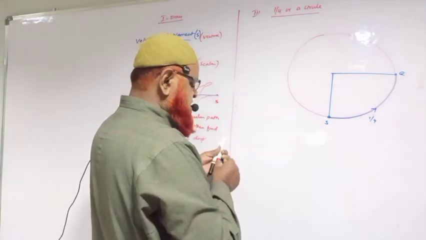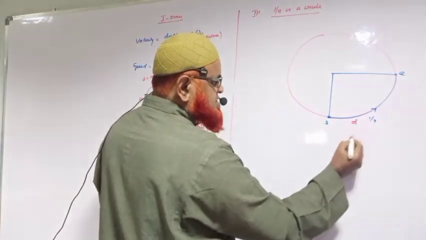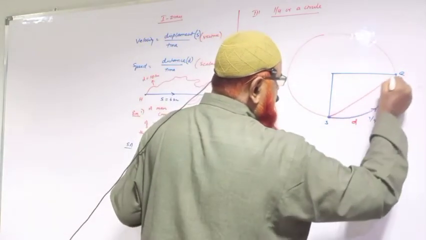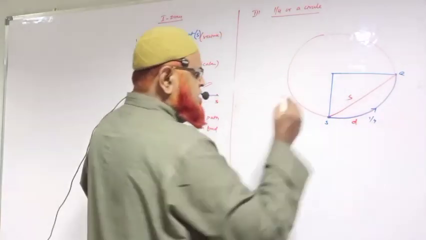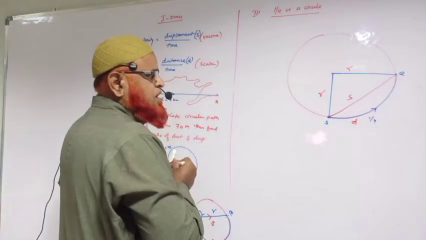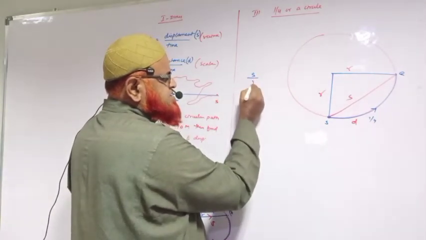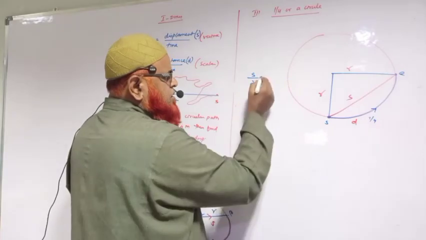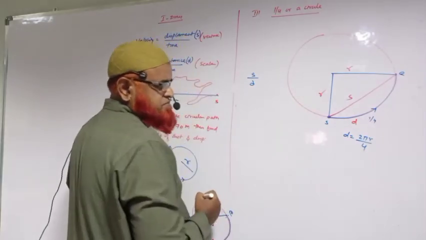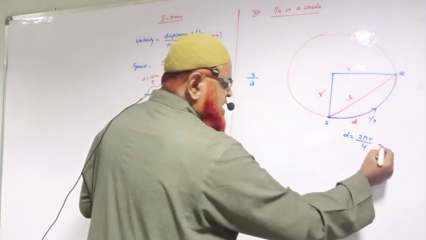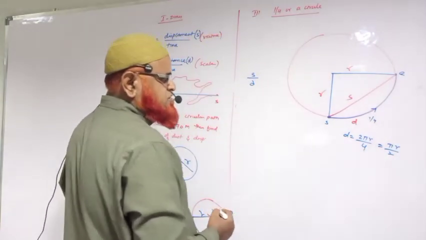If you observe this case, you are going to understand one thing: this is going to be the distance here, and this straight line from starting to ending point is going to be the displacement. Then, you all know this is going to be a radius here. And our aim is to find out the ratio of displacement by distance. You all know that distance in this case is the complete circumference by 4, because for 1/4 of a complete circle, the arc length is going to be pi r by 2. Pi r by 2 here, okay?